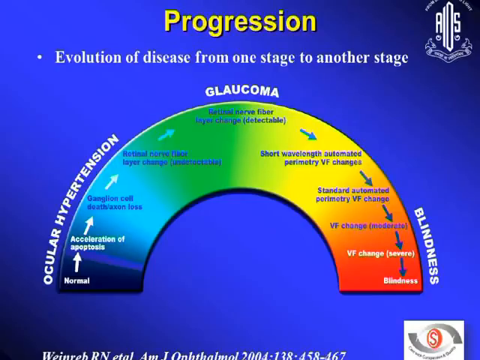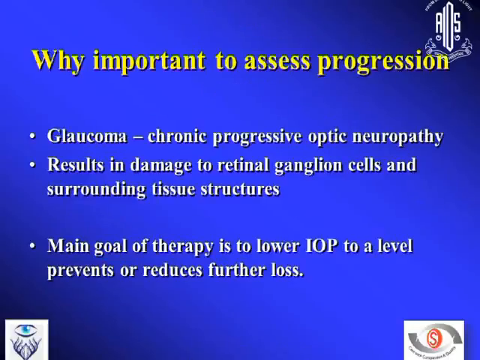In lots of these steps, there are no machines available to pick them up, and there are various technologies available to pick up the progression. The visual field is one of them, that is functional, and structural changes, that is imaging technologies. The clinical optic disc examination we can put along with optic disc evaluation. The imaging also does the optic disc and RNFL changes. But various speakers are going to talk about different imaging technologies, HRT, GDX and OCT, so I will not cover that. I'll just say why progression is important, because glaucoma is a chronic progressive optic neuropathy